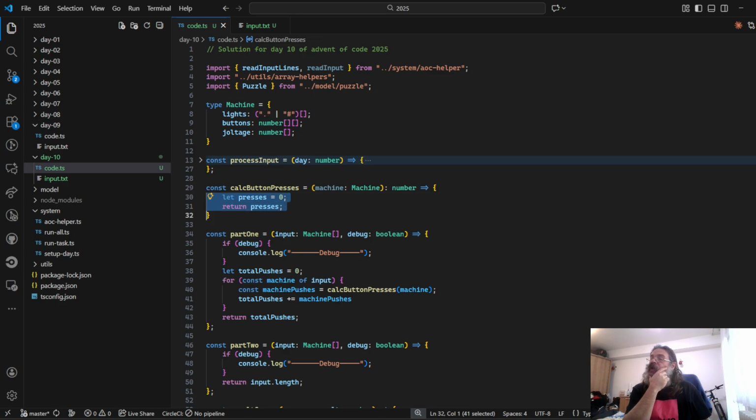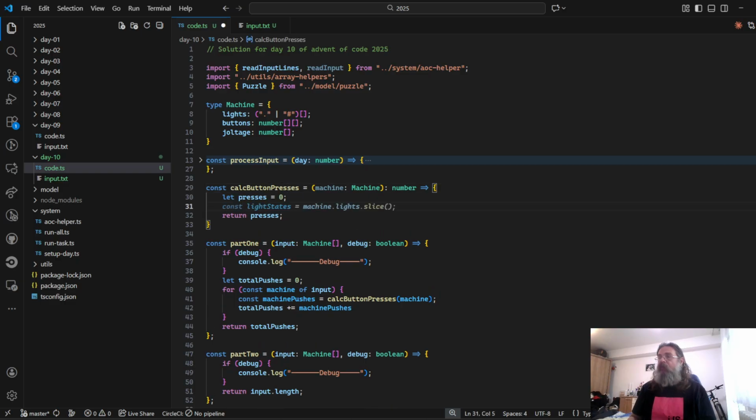So now we need to find out. If we have 10 buttons, then it means that we have 1024 options of pressing, because we can press none of them, we can press the first one, press the second one, press the third one, press the first one and the second one. And if we write that like a binary number, for example,